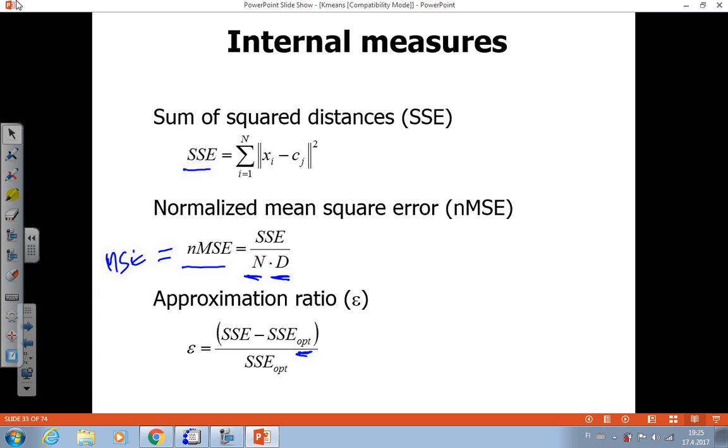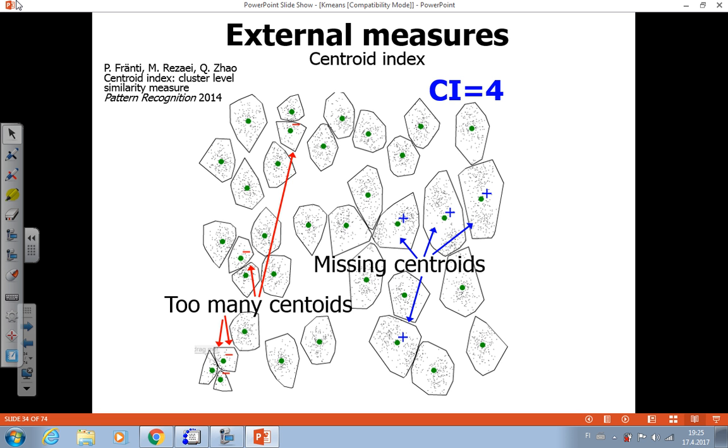Okay, so actually none of these are that interesting numbers, but the next one I will be using mostly. This is the so-called centroid index, and this calculates not just how well we optimize the cost function, but how well the cluster centroids are located. So this measure finds out how many missing centroids there are. So it will find out these 4 clusters, they are marked with the plus here, meaning that 1 more centroid would be needed in this area. And you can see there are 2 real clusters, but only 1 centroid allocated here, in all of these 4 locations.